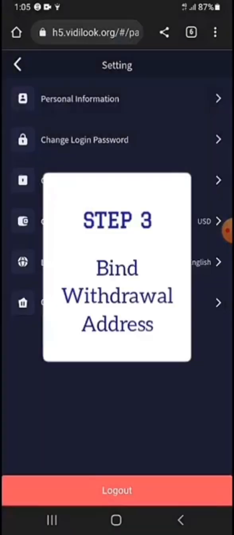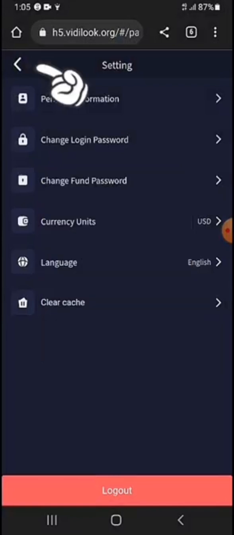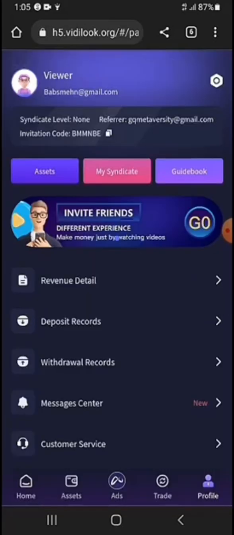The last thing I need to do now before leaving this browser interface is to bind the withdrawal address to this account. So I'm going to go back by tapping on the arrow to the top left corner right there. I go back, and then I would go to assets. I prefer to go through asset. It's easier to find where I'm going to bind the withdrawal address. So I'll go to asset, and then right